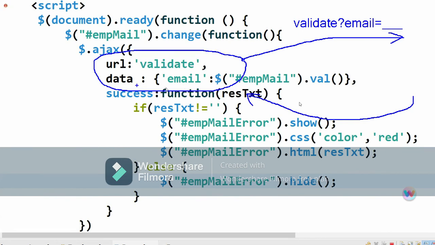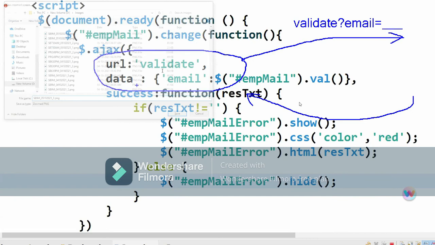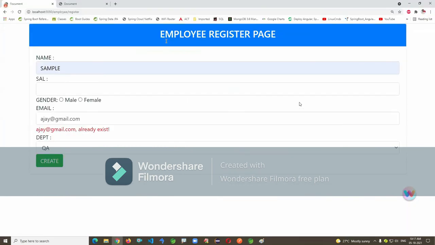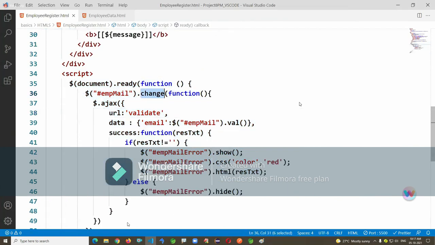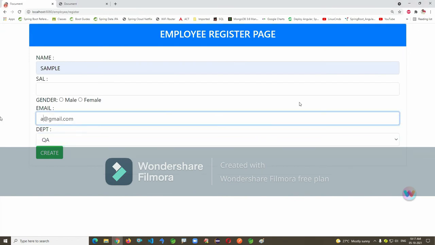URL and data will make an HTTP request. Okay, that will make one HTTP request. Ajax call is nothing but, from the browser we are making a request, right? Entering, clicking on the submit button, entering the URL in the address bar, here also one request. When you change some data in the email input, if you just modify the data, it's actually making the request.